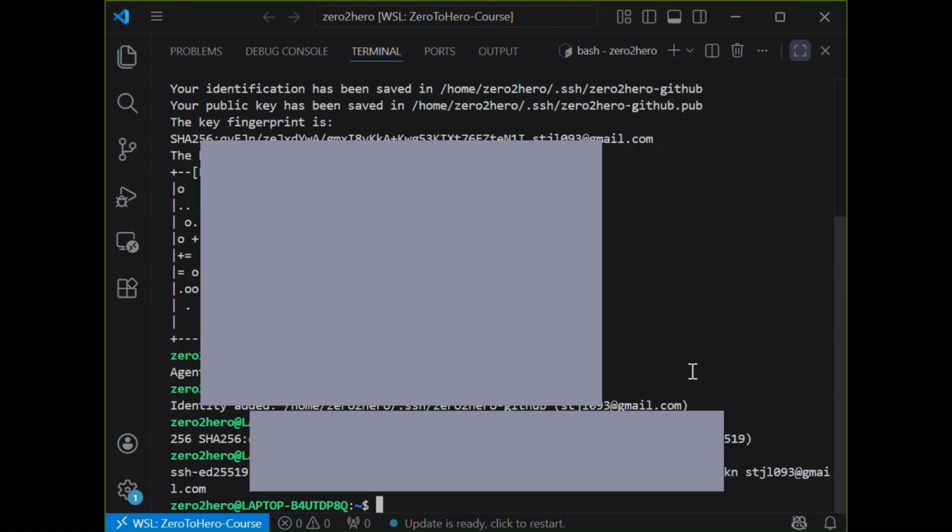Select all of it from ssh-ed25519 to the end and copy it, and make sure you do not share this with anyone, as I have blurred it. We will paste this into GitHub in the next step.